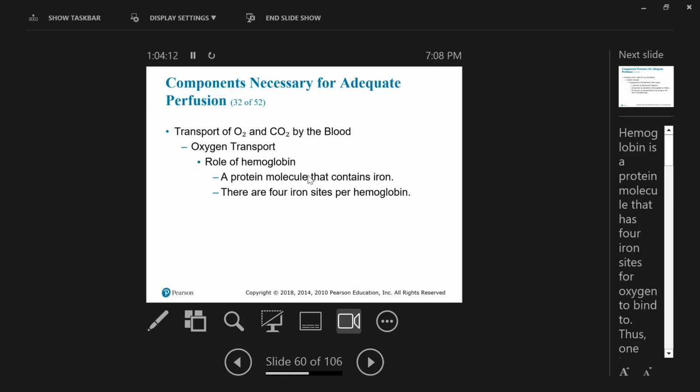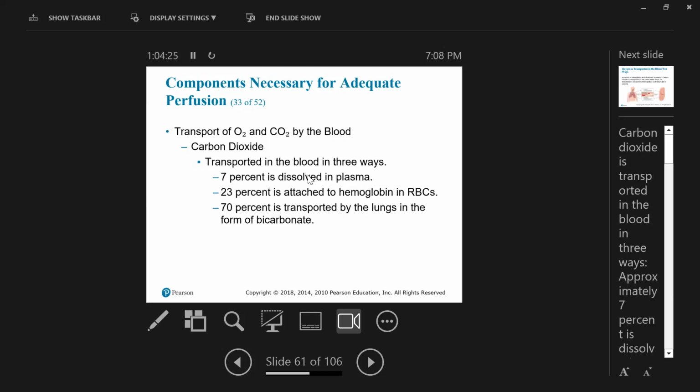Now, the key thing is that there are only 4 iron molecules per hemoglobin molecule. So your cells can carry a lot of oxygen and carbon dioxide. Now, carbon dioxide is transported in the blood in three different ways: 7% dissolved in plasma, 23% attached to the hemoglobin molecule, and 70% transported to the lungs in the form